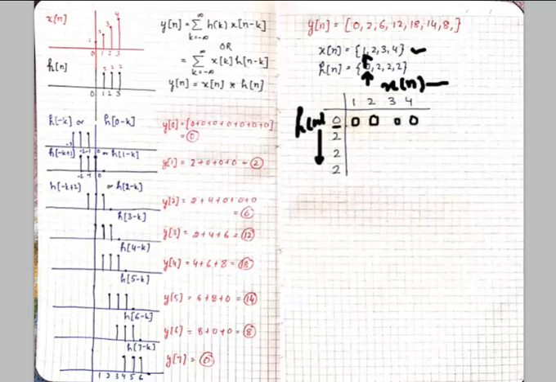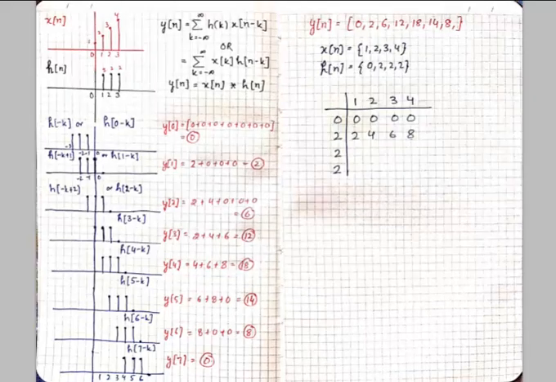The first row is obtained by multiplying the first element with all these elements, and the second element is 2. So I multiply 2 with all these elements and write the answer here. 2 into 1 is 2, 2 into 4 is 4, 2 into 3 is 6, and then 8. And similarly you can populate this entire table